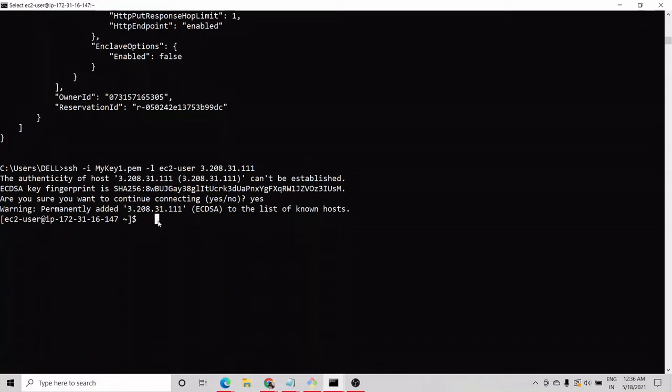And for web server configuration, again we have to follow 3 steps. First we have to install the software for the web server, so we will install Apache httpd. Then we have to configure the web page, which is in the /var/www/html folder.